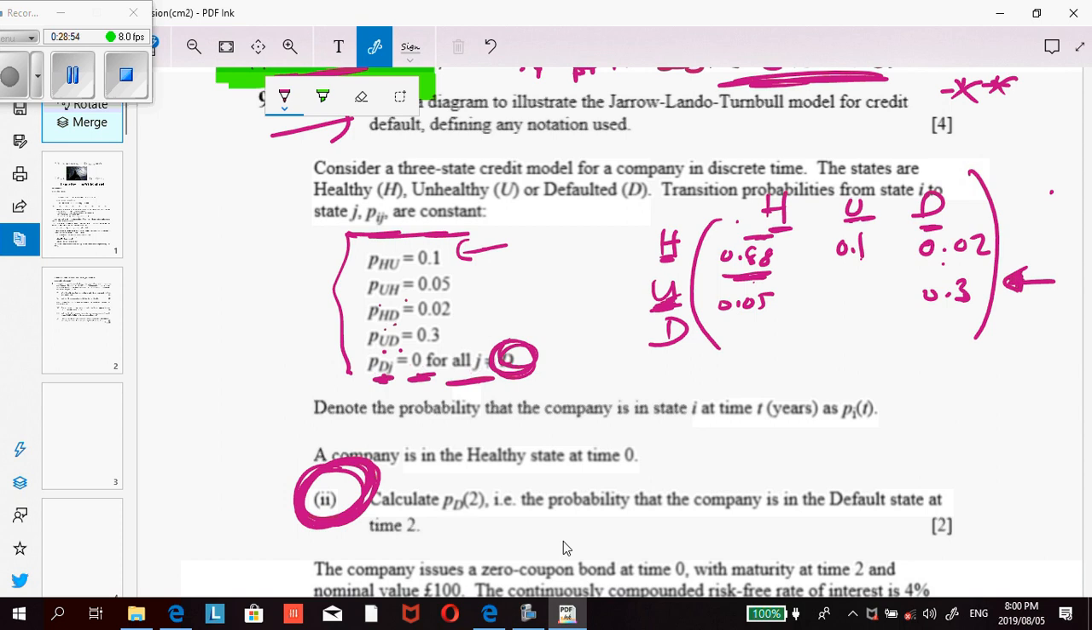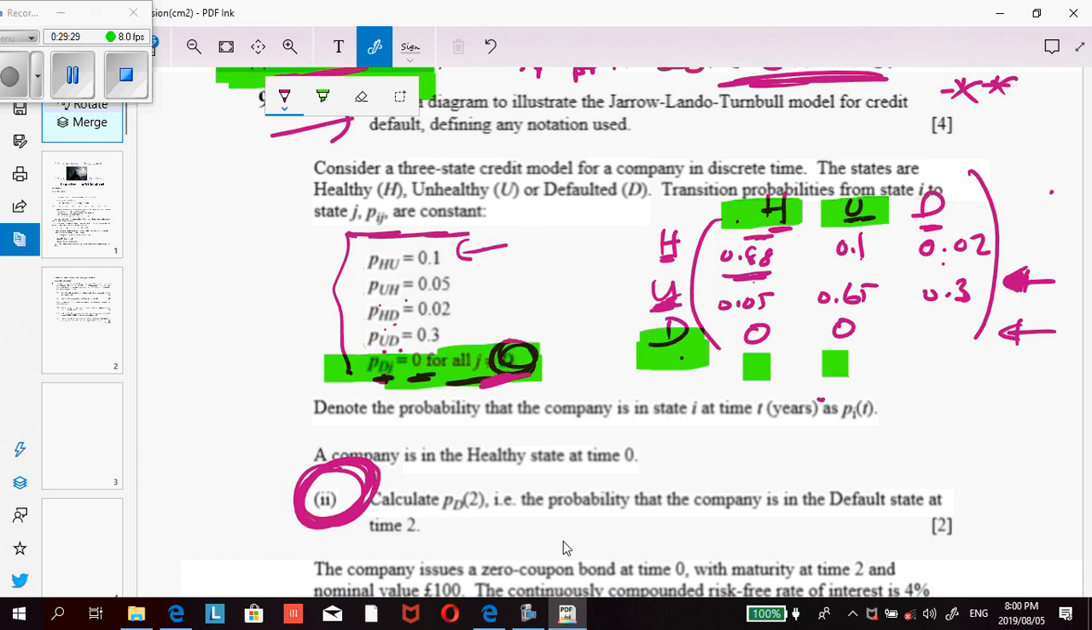Remember, the sum of the entries in this row must add up to 1. So I'm going to have 0.65 there in order for that to happen. And from D to H, the examiner told you that is 0. The probability of moving from D to any other state is 0 if that state is not equal to the dead state. But your rows must add up to 1, so I must have 1 here. So this is your transition